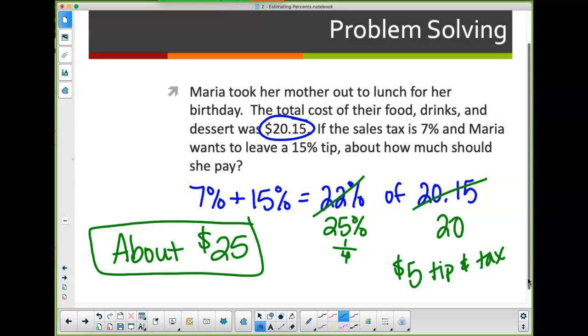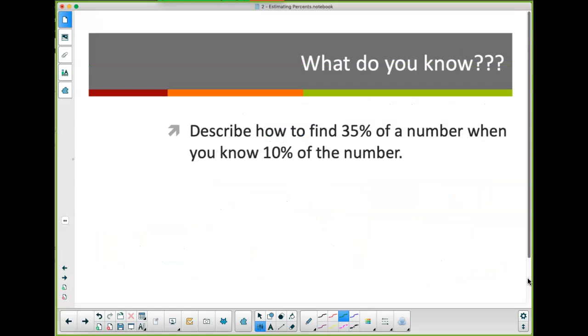Questions there? Okay. We're going to skip this last one. You can cross that out. Okay? So as you're doing your homework today, you're going to do the same thing. You're estimating. You're going to round the numbers to make them nice numbers to work with. Okay? And you can round up or down. It doesn't matter. We're just estimating. Okay? So